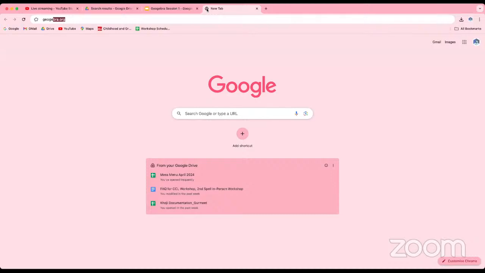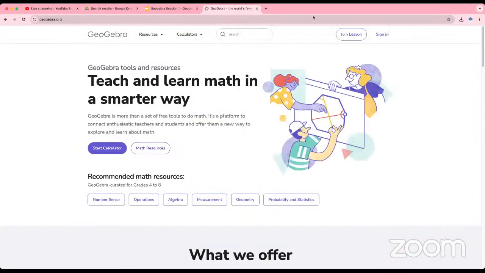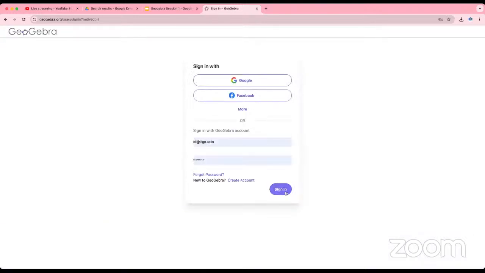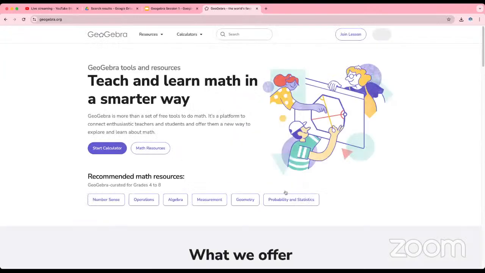geogebra.org in your browser and press enter, and then if you haven't created your account, you should sign up on this particular website. So all your work will be stored here, and if you already have an account, you can log in to your account so that the work you do will be stored here. After that, if you click on this particular option, start calculator,